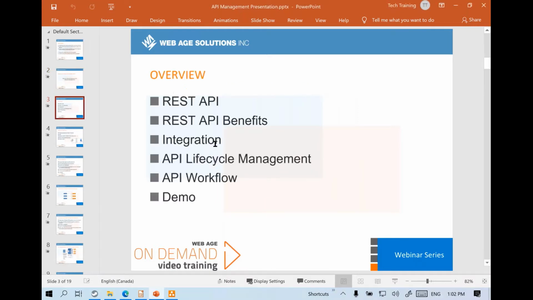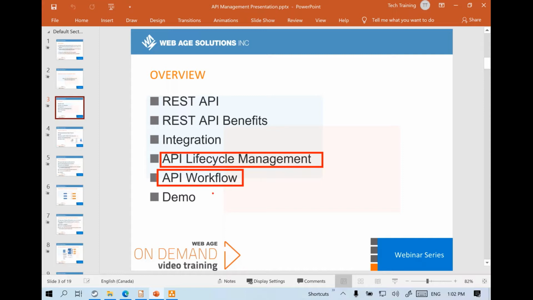We will start off with what REST APIs are, what benefits you get with REST APIs, how we usually integrate our systems, what exactly API lifecycle management is, and what the typical workflow is when you work with APIs.